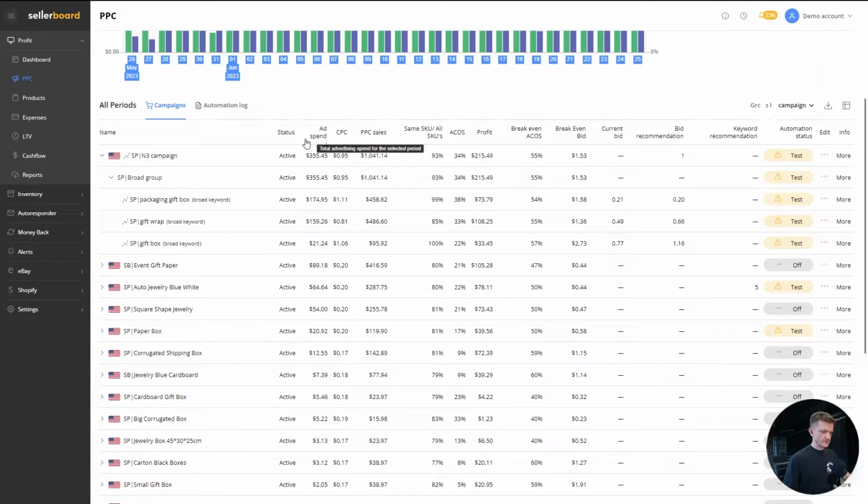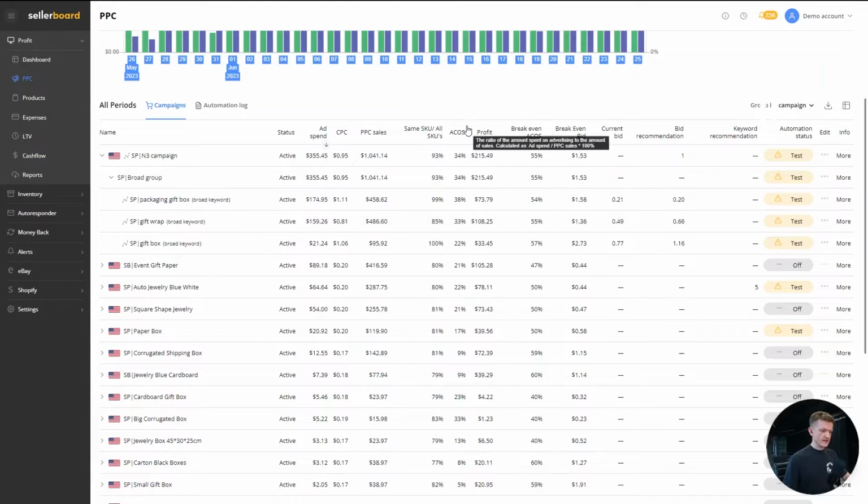What we have here is the ad spend, the cost per click, the PPC sales, and the metric that I mentioned earlier, the same SKU to all SKU ratio. So if we analyze this keyword, for instance, we have 85%. That means that 85% of the products sold through this particular keyword were actually the products that were advertised in this campaign and by this keyword.